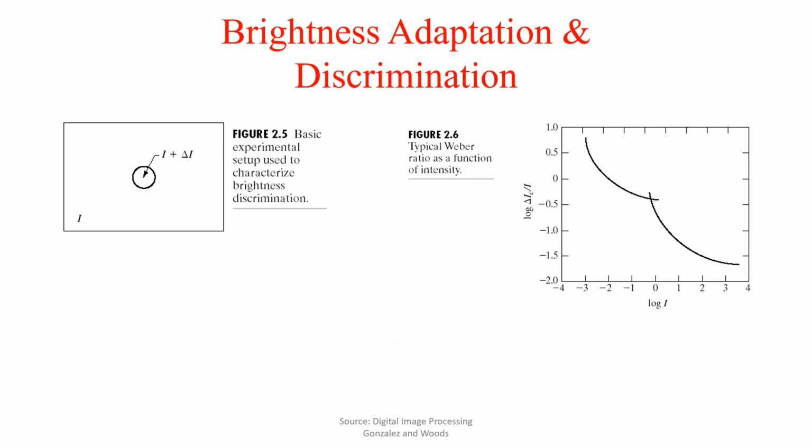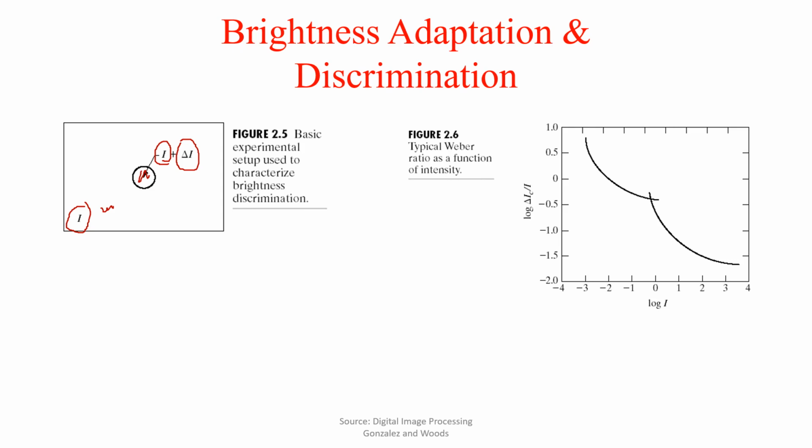So there are different experiments in the literature to understand what kind of discrimination we can obtain for different levels of light. So here is one experiment. There is a background light, and we draw a circle at the center. And we start changing the intensity of the circle. Means initially the intensity of this circle and this room or this background was the same. Okay, but then we started adding some intensity to this circle, delta I, a small fraction of intensity.